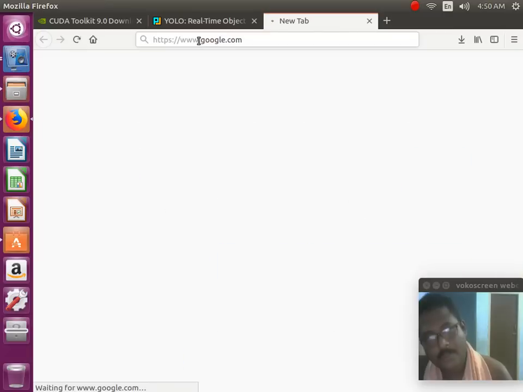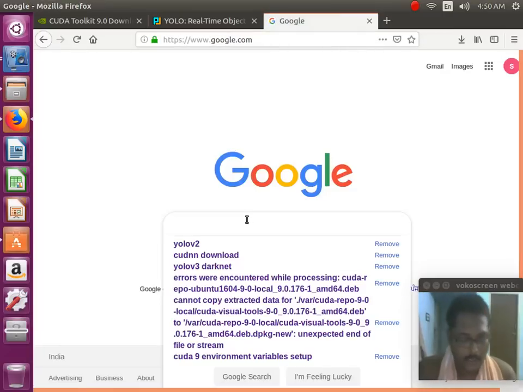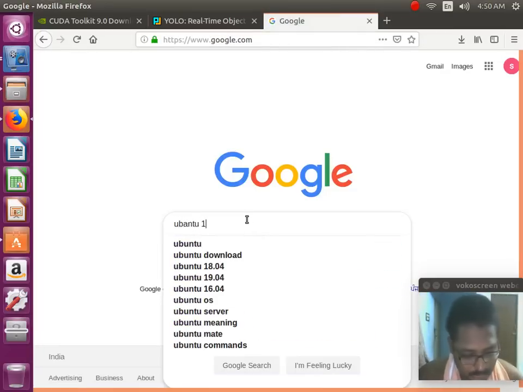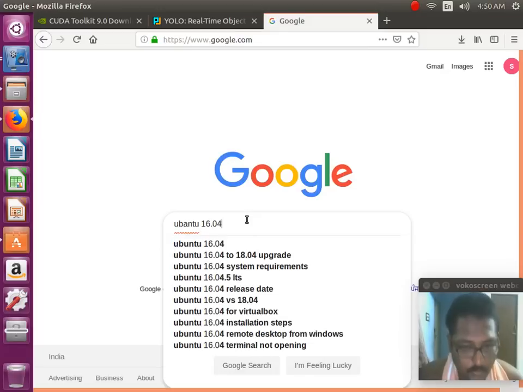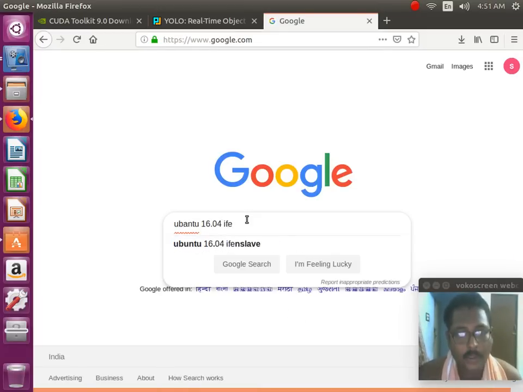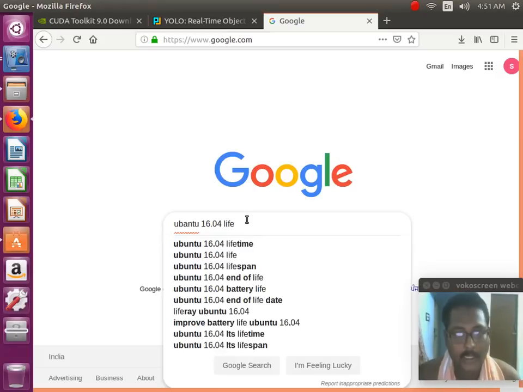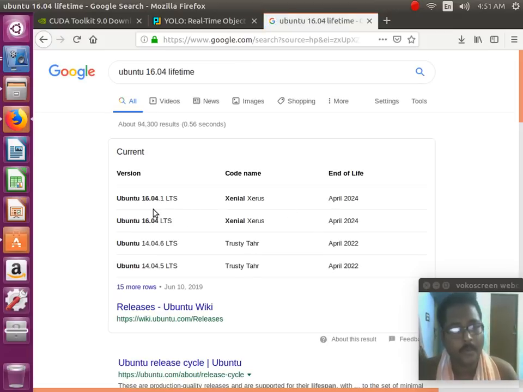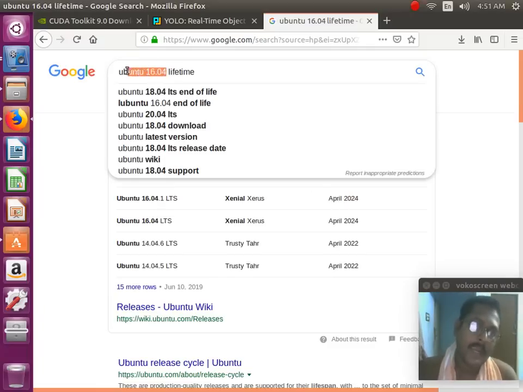So first would be Ubuntu 16.04 life cycle, lifetime or lifespan, end of life. And as you can see, Ubuntu 16.04.6 is supported up to 2024, and CentOS 7